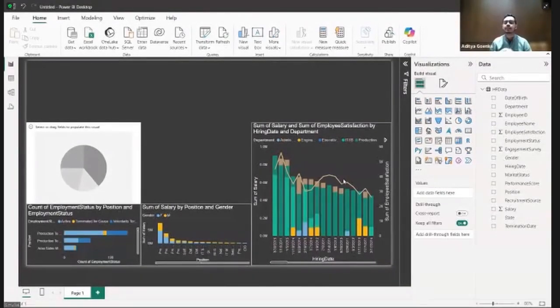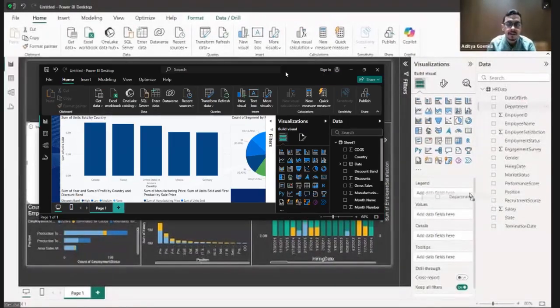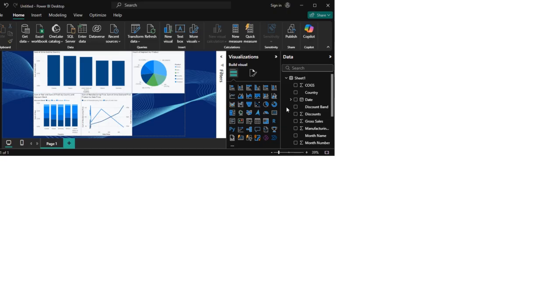Can we use line chart? Absolutely. You can use any sort of chart that you want. You just need to think of what will best represent what the management is looking for. Okay? So let's say you want count of people in every department. So if you are using a pie chart for it, department, guys, tell me where will department go? They'll go in legend, right?